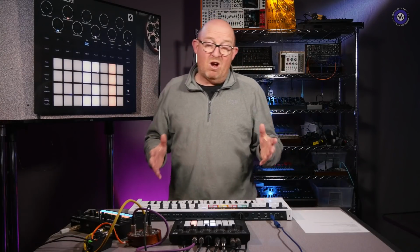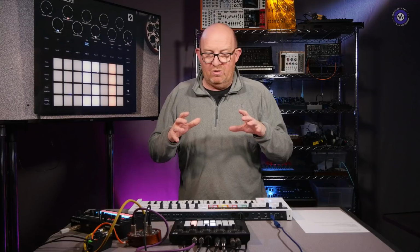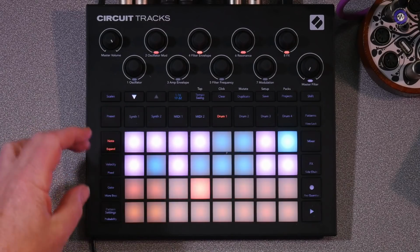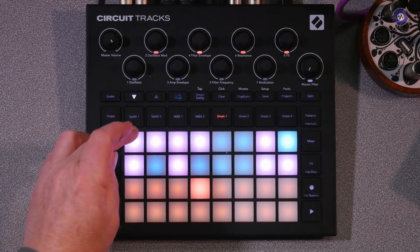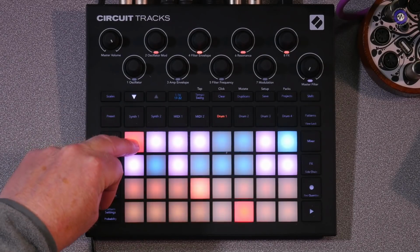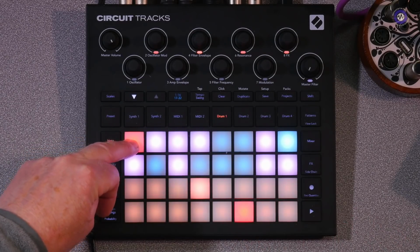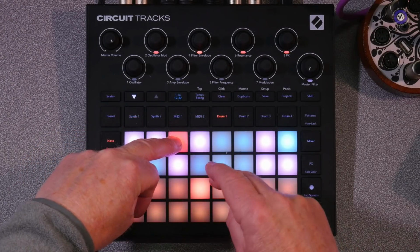So components are actually quite a big part of this, and now let's take a look at that and what that brings us, and also we can take a look at how the samples are handled as well. In fact, if we start with the samples, it's probably the easiest thing. As with the previous circuit, we can set a sample per step. So that's my kick drum. This one is another kick drum. Then I've got a